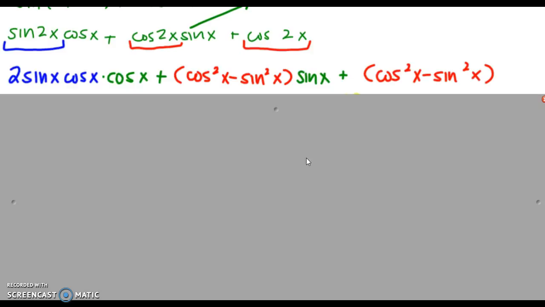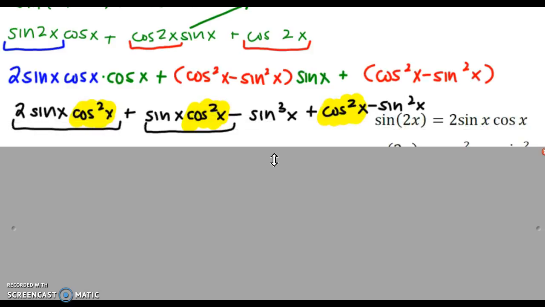Just like when you did proofs at the beginning of the chapter, there's no way to guarantee that this is necessarily the right way versus the wrong way. So I made those substitutions. Those are both in red. And from there, these two are actually the same thing. So this is twice sine of x cosine squared of x. When you distribute out that sine,